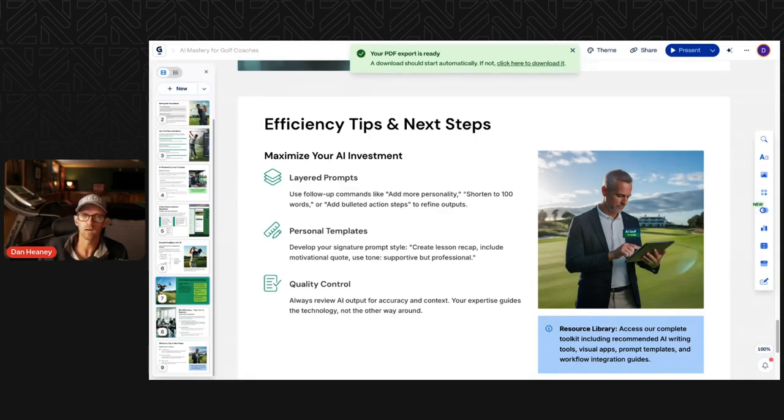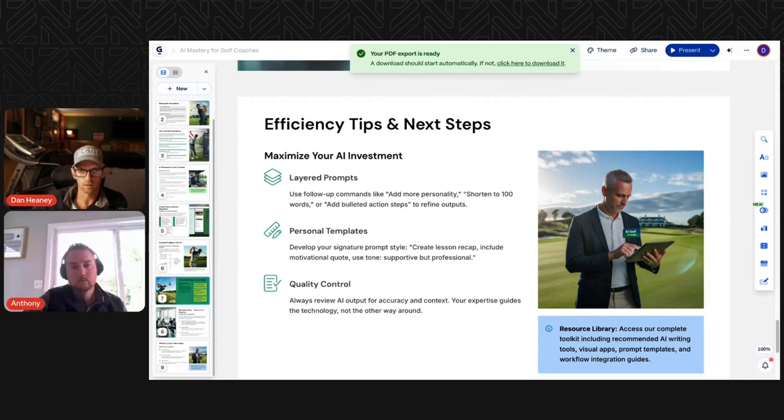But those are just a few ideas for you guys to get started, what it would look like to produce these different things using AI. We'll open it up for a bunch of Q&A now, Anthony, just to see if anyone wants to dive in deeper to any one of these areas or concepts.